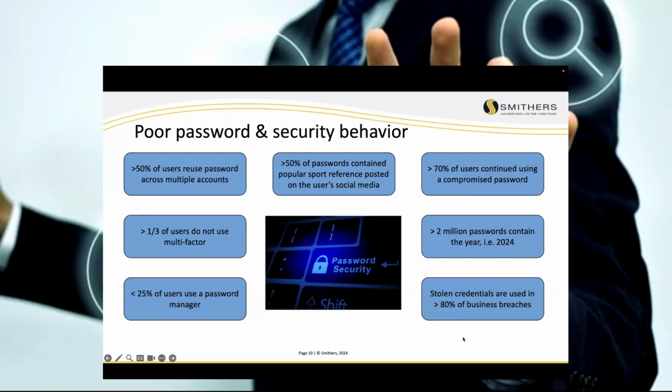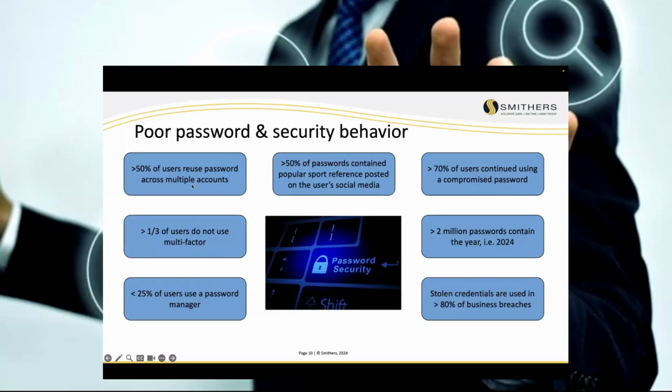So it grows. This is an important one. Organizations that are trying to get into your system, they don't try to guess the password to get into your systems anymore. 80% of all business breaches originate with somebody stealing the credentials. They either got one of these usernames and passwords that was compromised, or they got one of these usernames and passwords that is repeated.